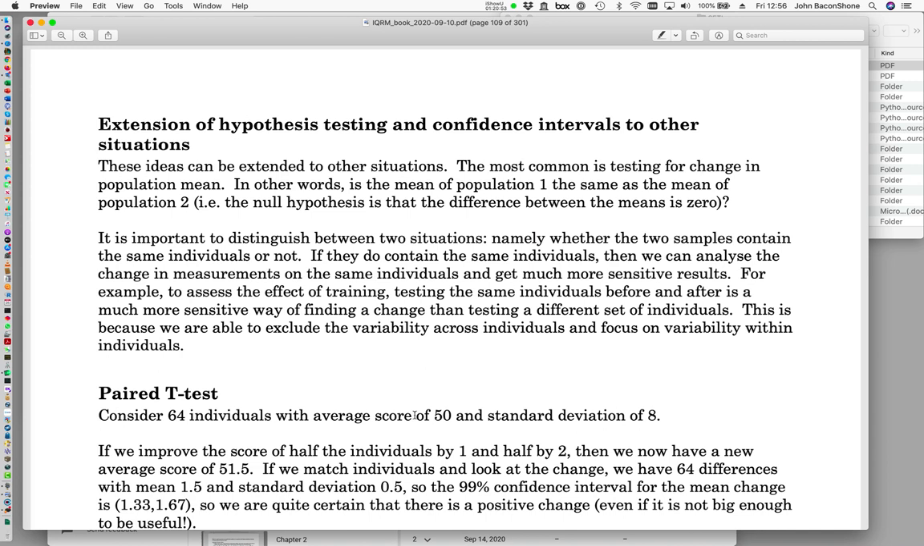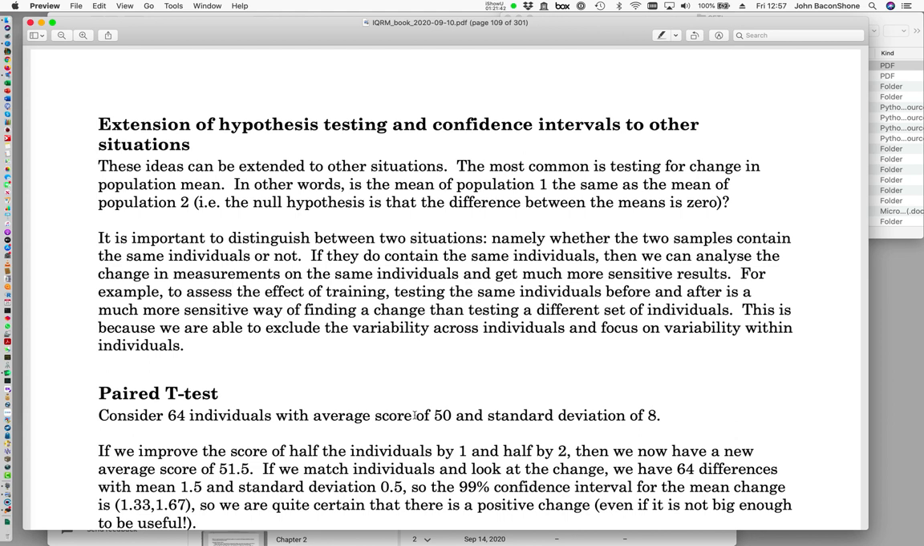So we now have done confidence intervals and hypothesis testing for population means and population proportions. How do we extend these ideas to other situations? The most common extension is where we want to test for a change in the population mean. In other words, is the mean of population 1 the same as the mean of population 2? Obviously the null hypothesis is that the difference between the population means is 0. Within this we have two different situations: whether we're measuring two different populations of individuals, and hence two quite distinct samples, or